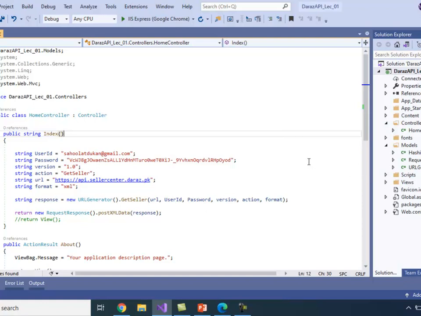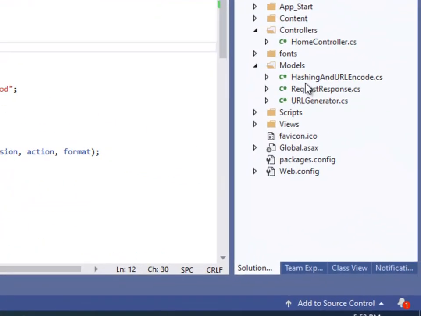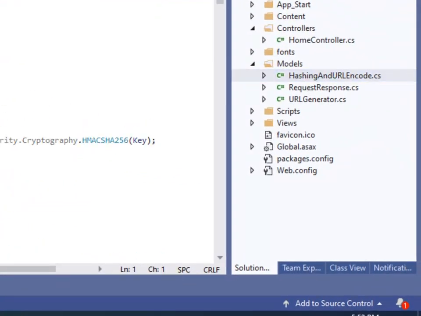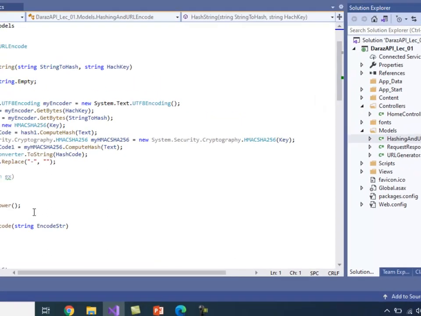I have created a project in ASP.NET MVC. I have added three classes that each work differently in their areas. Firstly, in this class I have added all the code used for calculating the hash of the request.